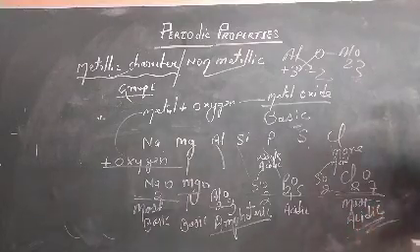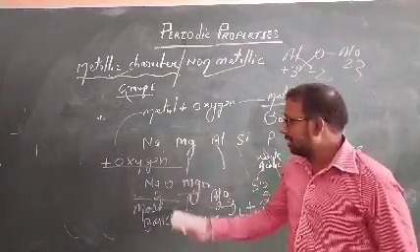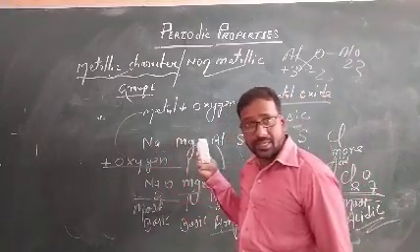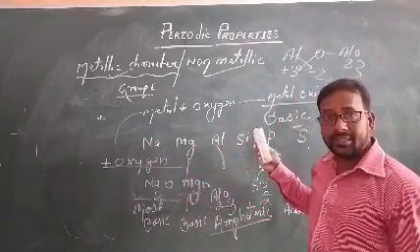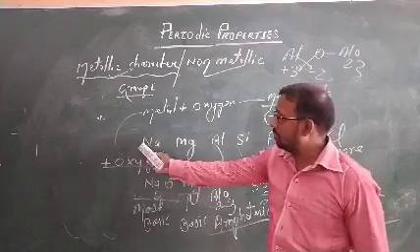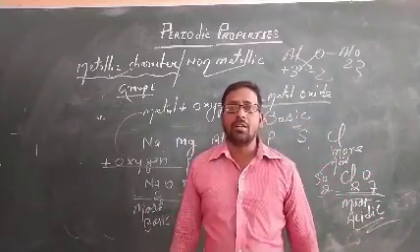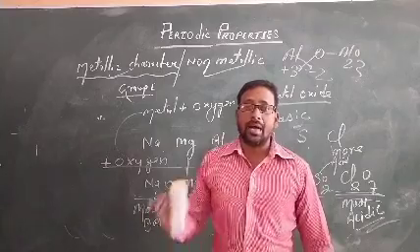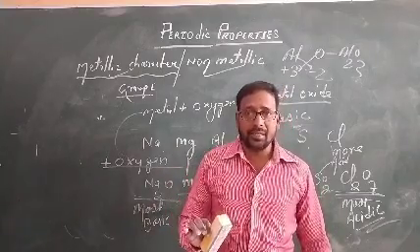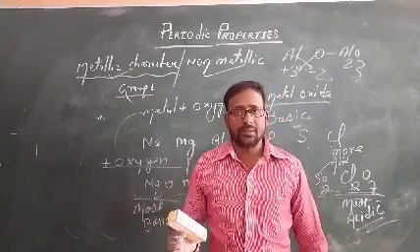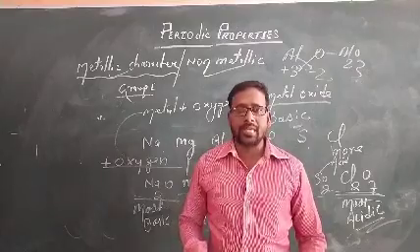By these properties, you can also explain that metallic character decreases and non-metallic character increases when we move from left to right in a period. So in the next classes, we will talk about electron affinity and electronegativity. Till then, thank you. Have a nice day.